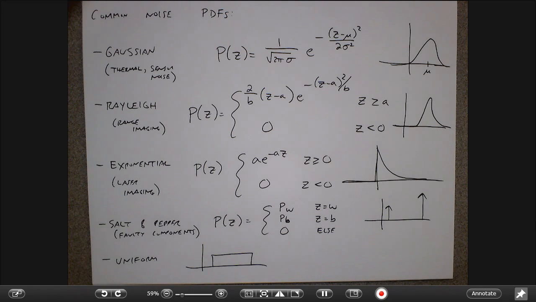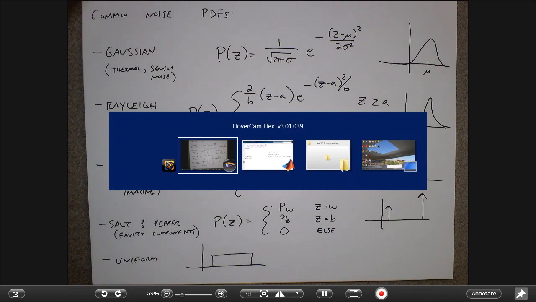So it's also possible to have periodic noise. The earlier models all assume that the noise at every pixel is independent of every other pixel, right? But it is possible to have some sort of correlated noise. And so here's an example of